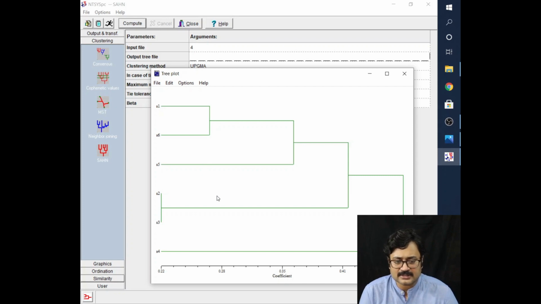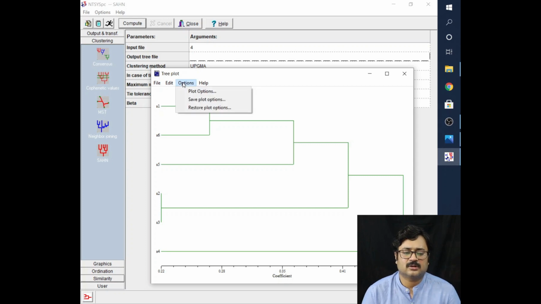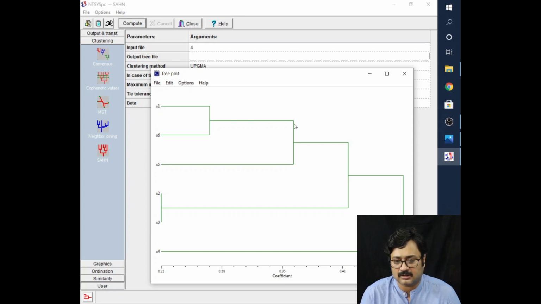Now as you can see here, there is simply no change in the tree whether you use the similarity data or the genetic diversity data. Same way, 1 and 6 are together, 5 is next, 2 and 3 are together, and 4 is the most distant. Same thing. Here also the same customization can be done: the color or width can be changed, and the numbers or species and variety names, the font and color can be changed, and all those things.